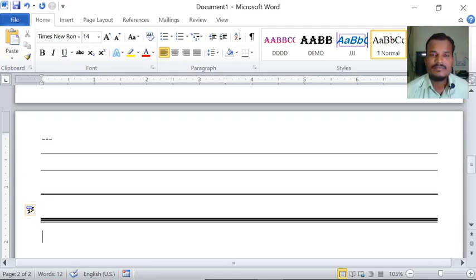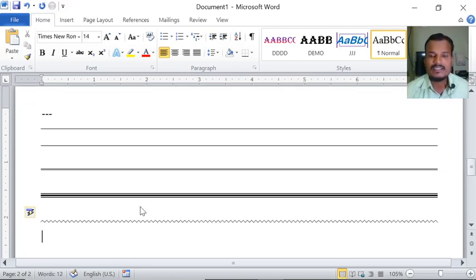If you want the zigzag line, just press the tilde button. The very first button on the keyboard is escape, ESC, and below that one we have the tilde button. Just press 3 times, 1, 2, 3 and enter.